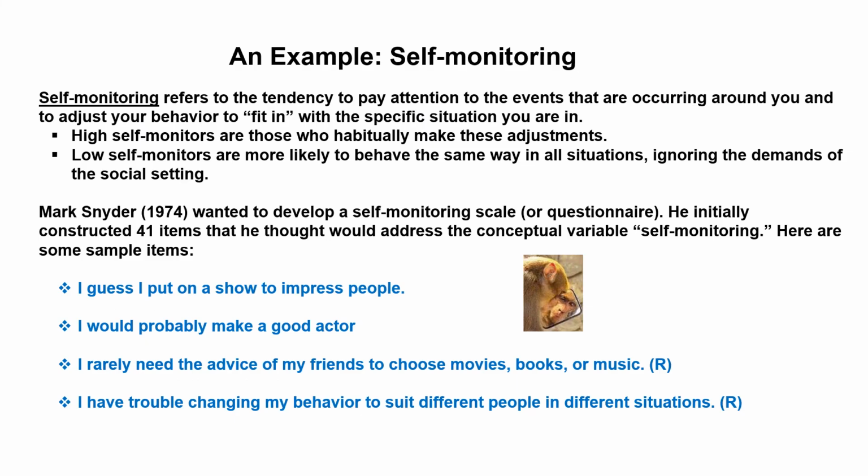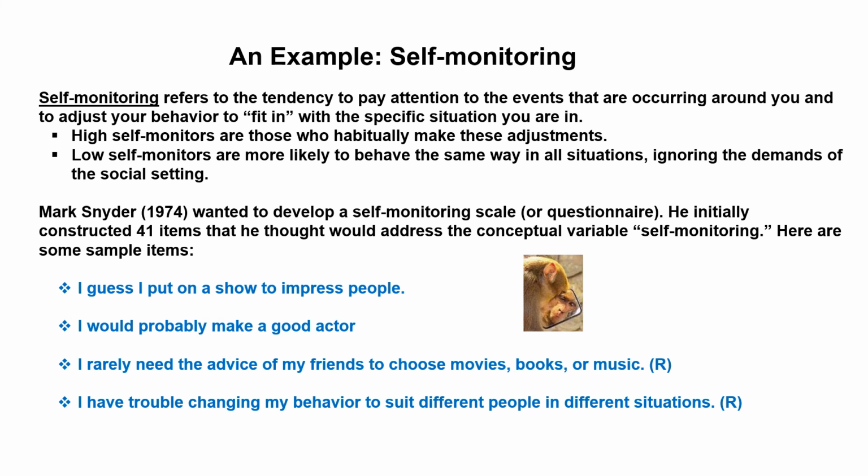Self-monitoring. It refers to the tendency to pay attention to the events that are occurring around you and adjust your behavior to fit in with the specific situation you're in. High self-monitors are those who habitually make these adjustments, while low self-monitors are more likely to behave the same way in all situations, ignoring the demands of the social setting. So they're more domain general, meaning they have a general response rather than a specific response where they make adjustments